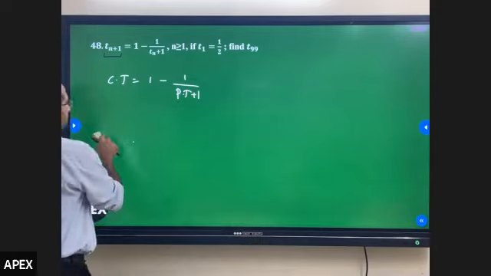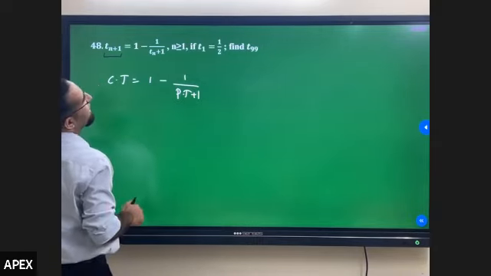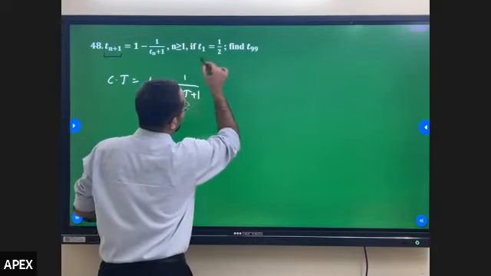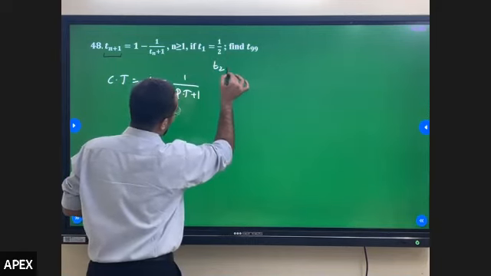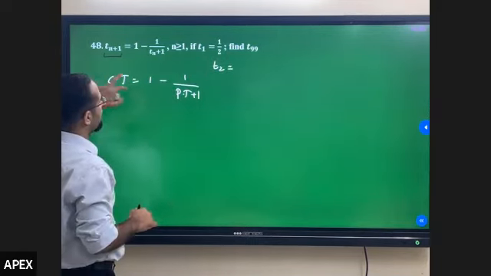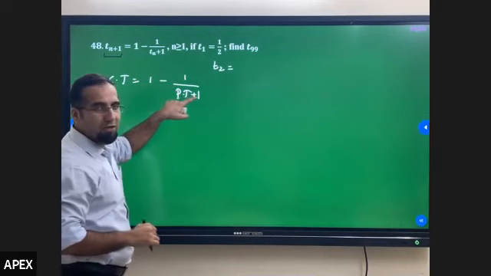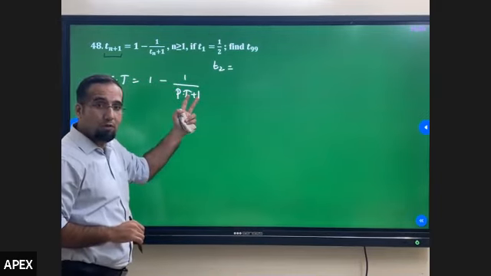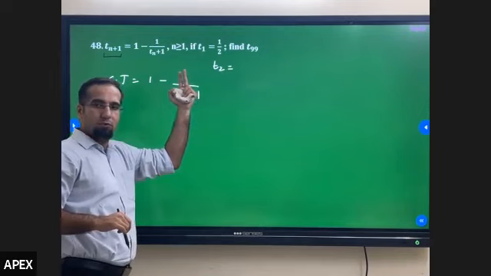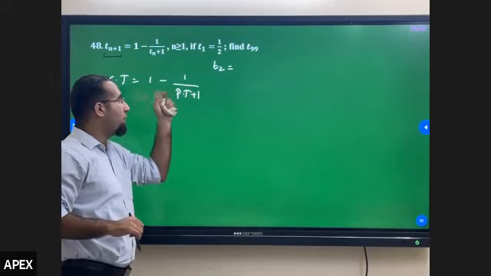Okay. So what am I getting here? I want T of 99. So let's see. I have T of 1 equal to 1 by 2. Let's see what T of 2 is. T of 2 is 1 minus 1 by 2 plus 1. 1 by 2 plus 1 is 3 by 2, inverse becomes 2 by 3. 1 minus 2 by 3.